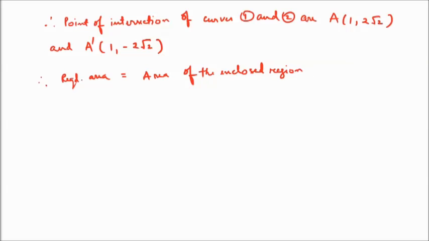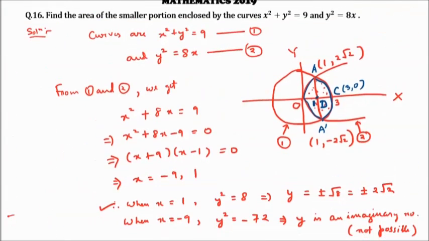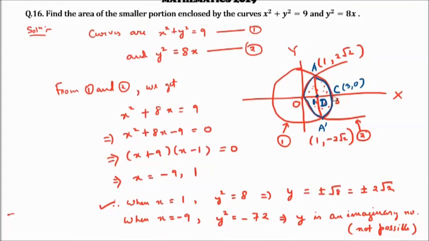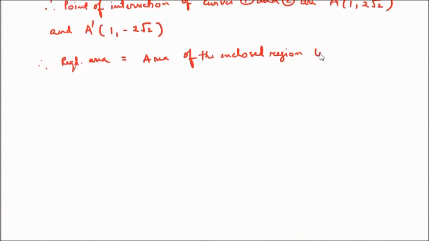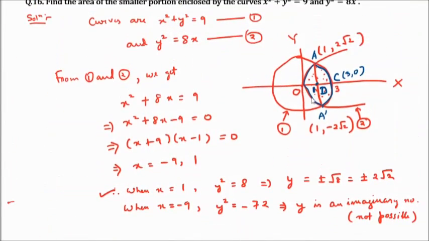My enclosed region I can write as OAC A dash O. So this will be OAC A dash O. This one I can write. Now if I look at the figure properly, this whole dotted region